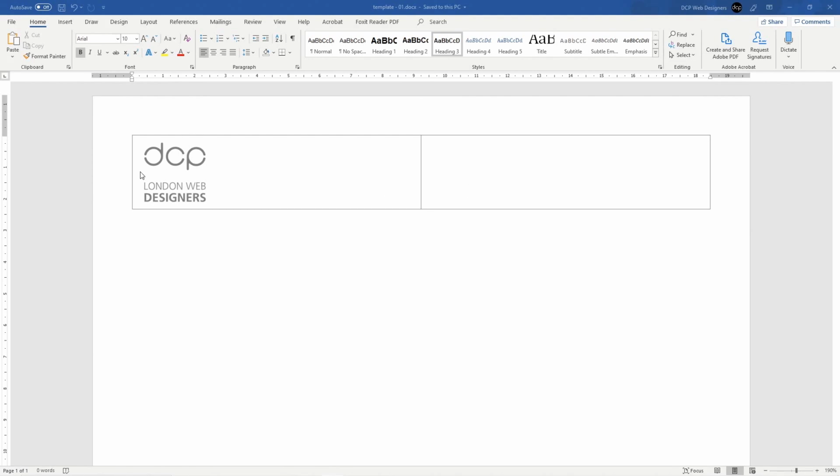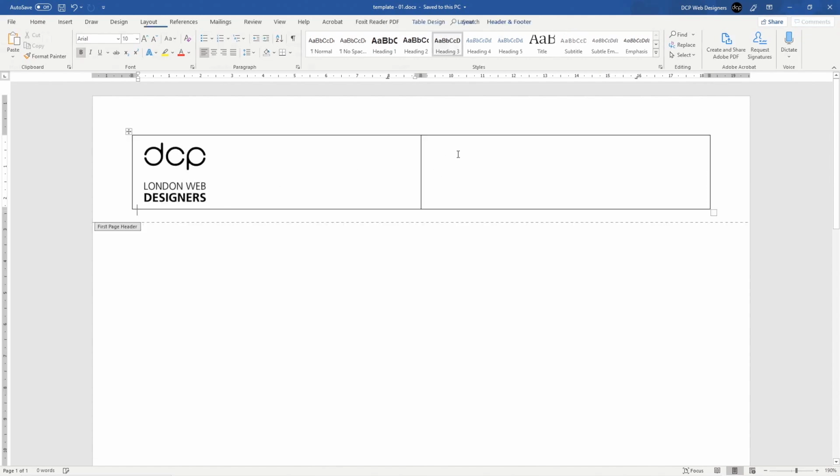Okay, so we've added this logo in here, and we wanted to add the address. The reason why I didn't do it straight away is because I wanted to do the formatting first, so that when we add the address, it's at the correct font size and style and so forth. But we might modify it a little bit in the header anyway. Do a little custom one, because in the header we'll only ever write this once and never have to write it again. So to get back to the header, we're going to double click up here,